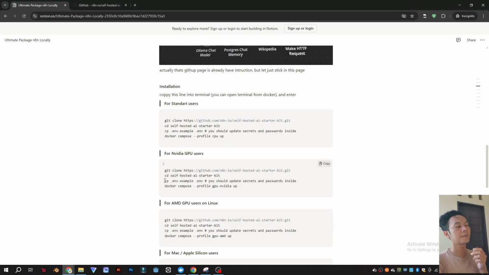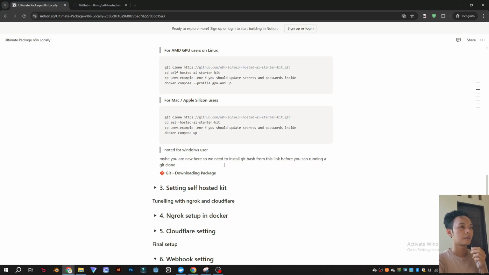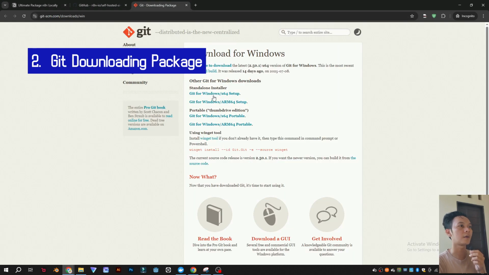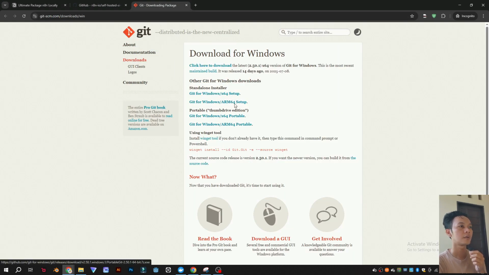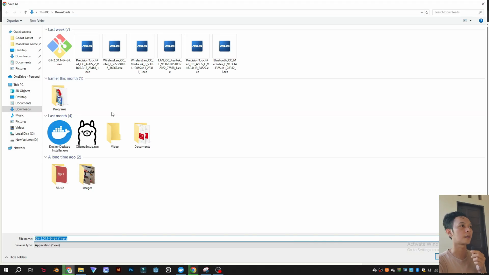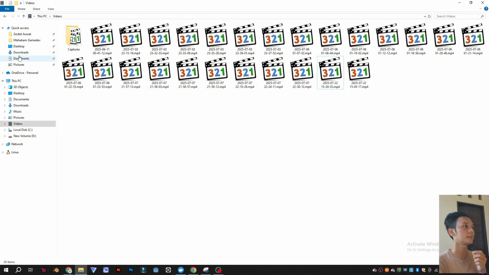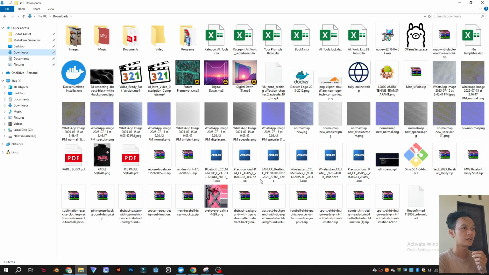By the way, if you guys are new to GitHub, for running git clone you need to download Git. I've already put the download link in Notion too. You can visit it and download for Windows and install. I've already downloaded it, so let's take a look at installing.